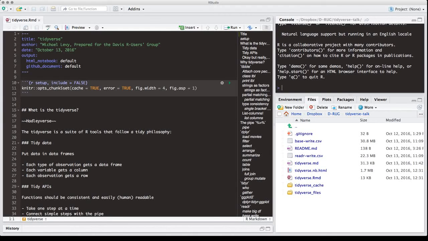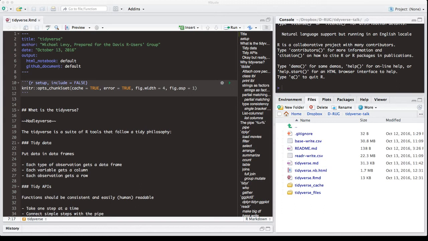So first things first, this is an R Markdown notebook, or an R notebook, I suppose. If you use R Markdown, it probably looks familiar. The syntax is exactly the same, and right here I've specified that I want to output to both an HTML notebook and also to a GitHub document, which could alternatively be a PDF or an HTML or whatever. The GitHub document option gives you a Markdown file that